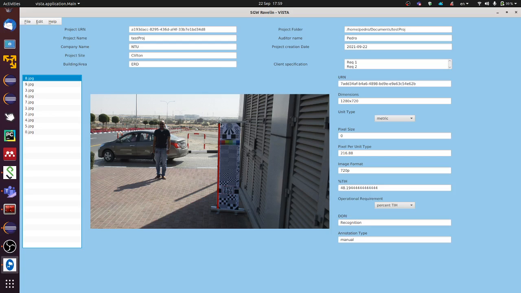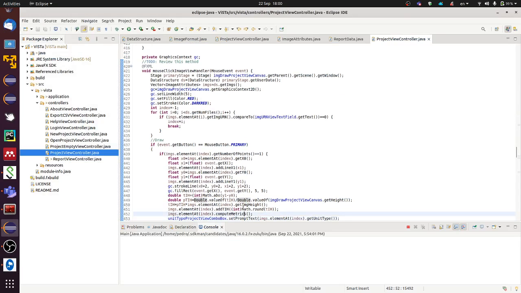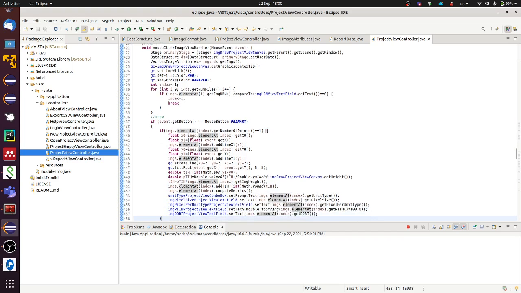So what I'm doing now is subtracting, and this is going to give me the percentage height. The TIH is then the percentage height multiplied by the real image height. And this is the value that I'm going to propagate into all